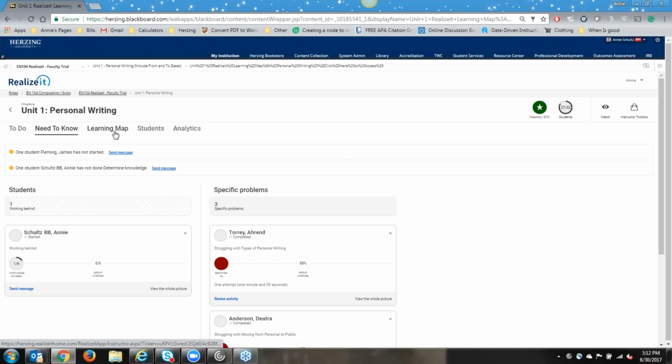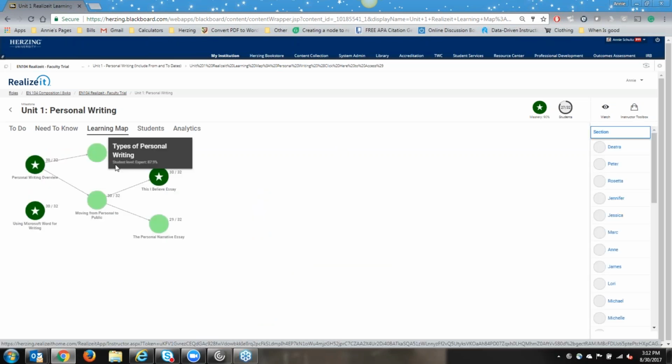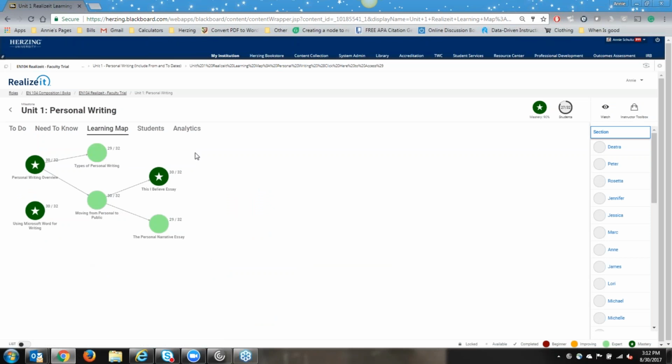So the next area that we're going to look at is the learning map. The learning map, these are the individual topics that are offered to the students within the course. And what you see here along the side is the individual students that are in the course. So if I were to click on an individual student's name, I'm going to see their learning map information compared